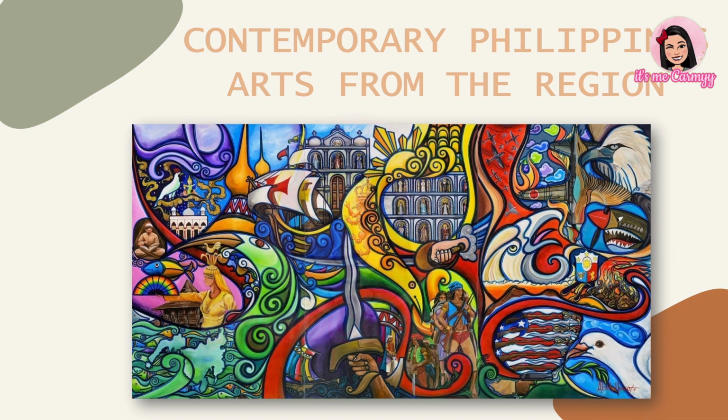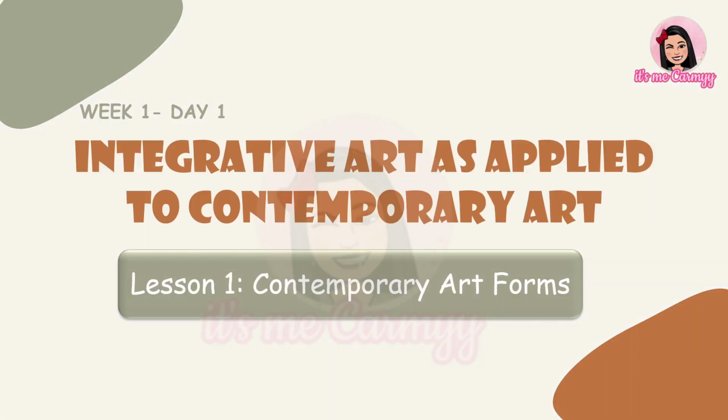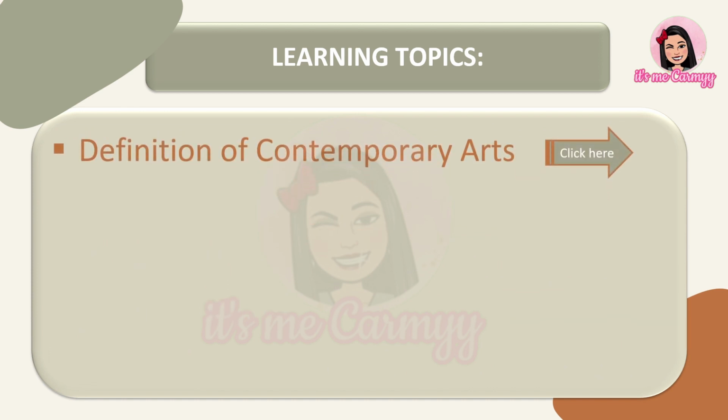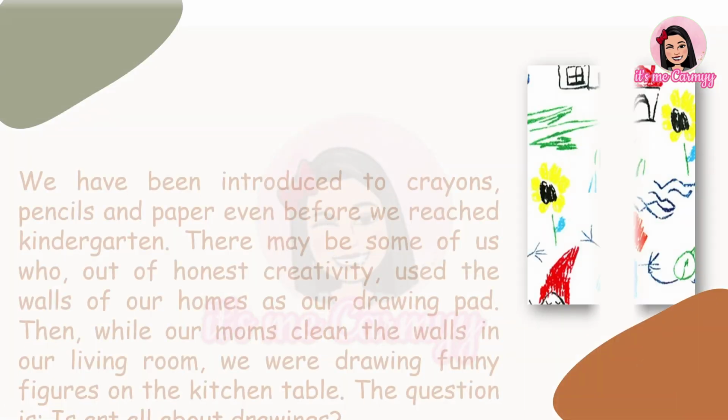Let's start with our day 1 presentation. So we have here the learning topics slide. If you can see here, there is the learning topics and then there is a click here arrow. Just click this one and it will go to the definition of contemporary arts slide. And then next, just click the next on the keyboard